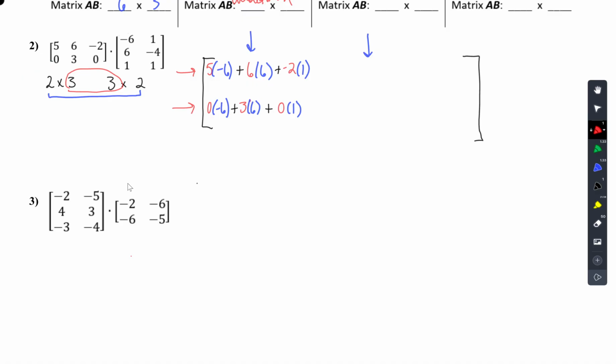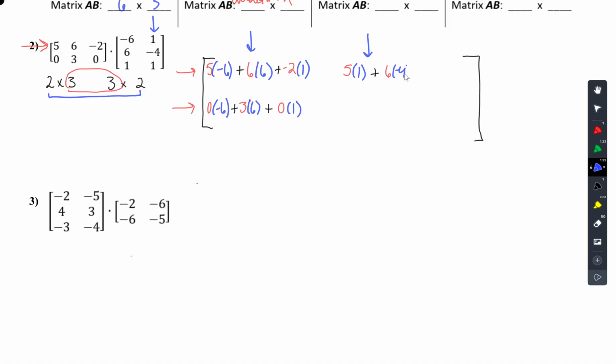Yeah, so I'm going to use first row. So I'm going to use 5 because that's the first number. And then I'm in the second column because this is where those numbers are. So I'm going to use the first number in that column times 1. And then I go plus, and then I go down the row 1. So that's 6. And then down the column 1,